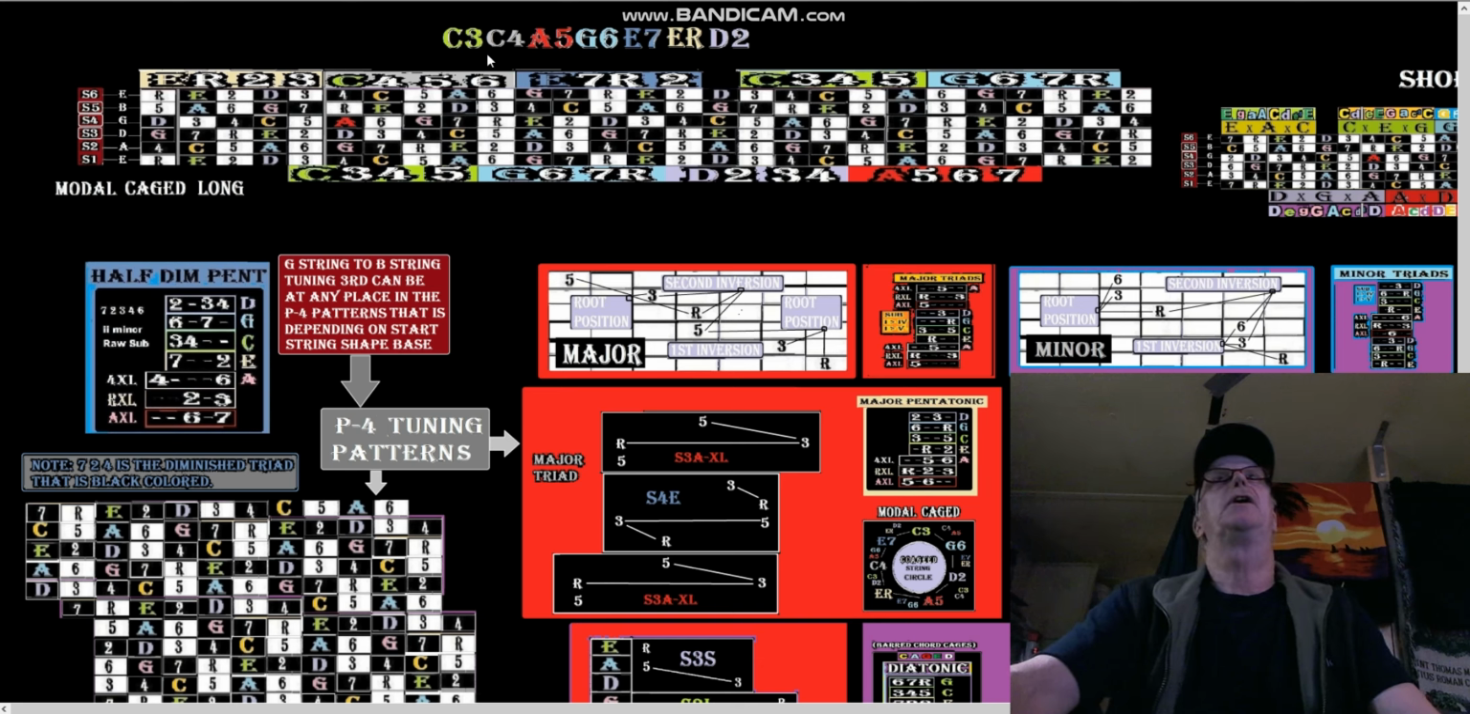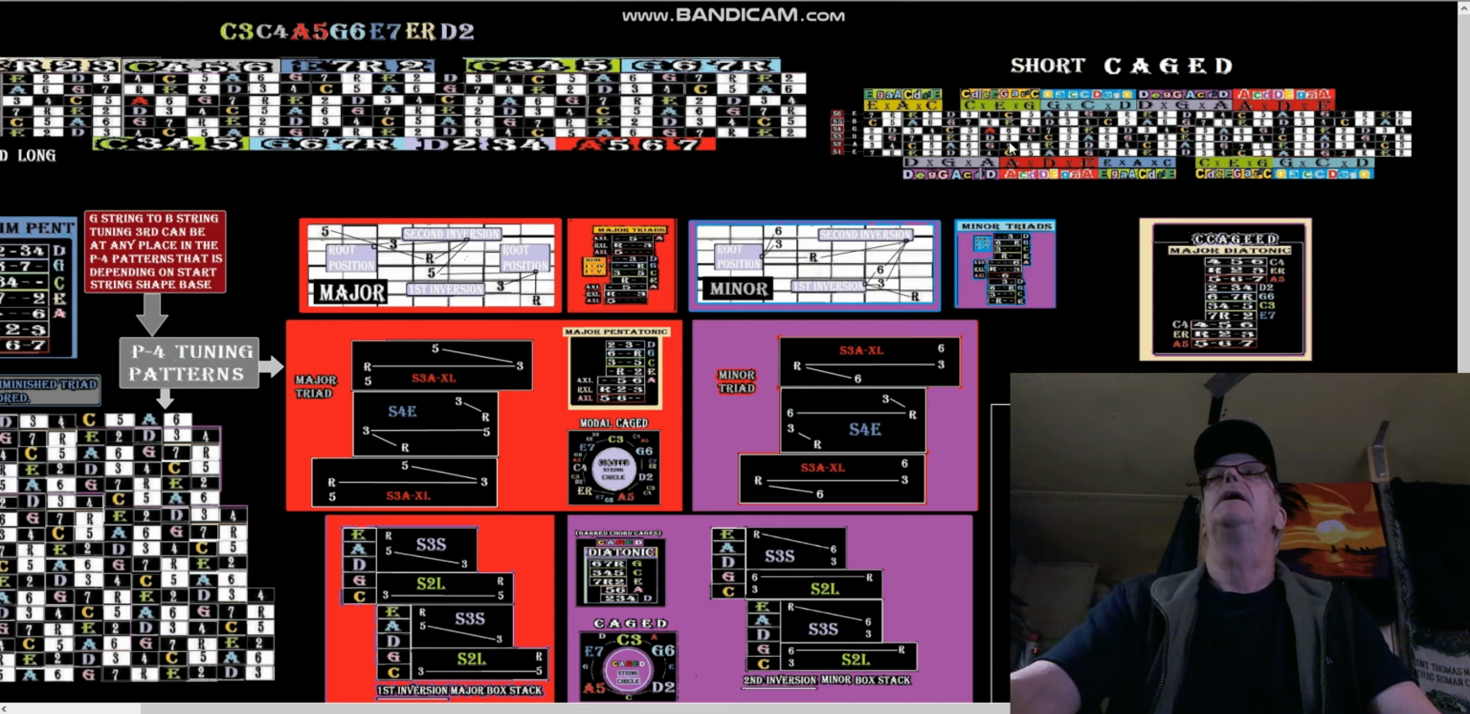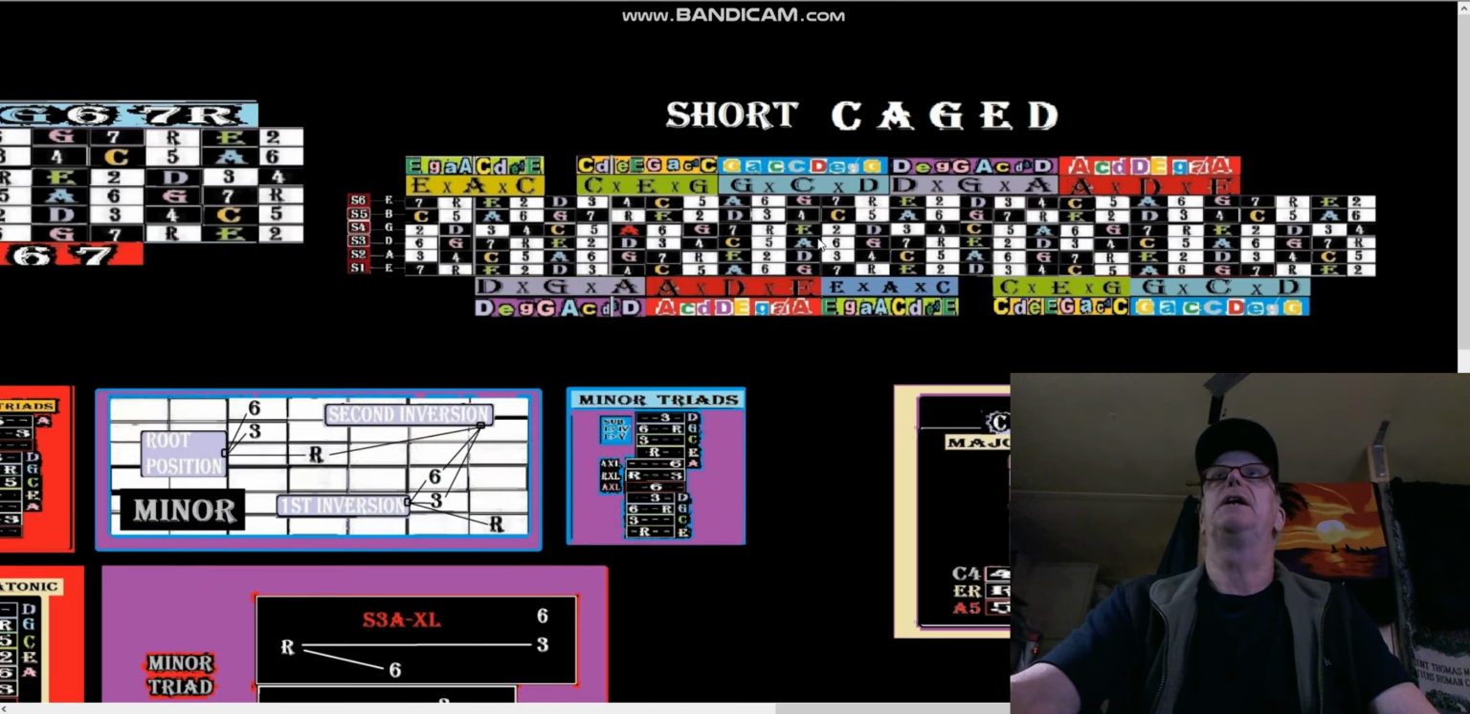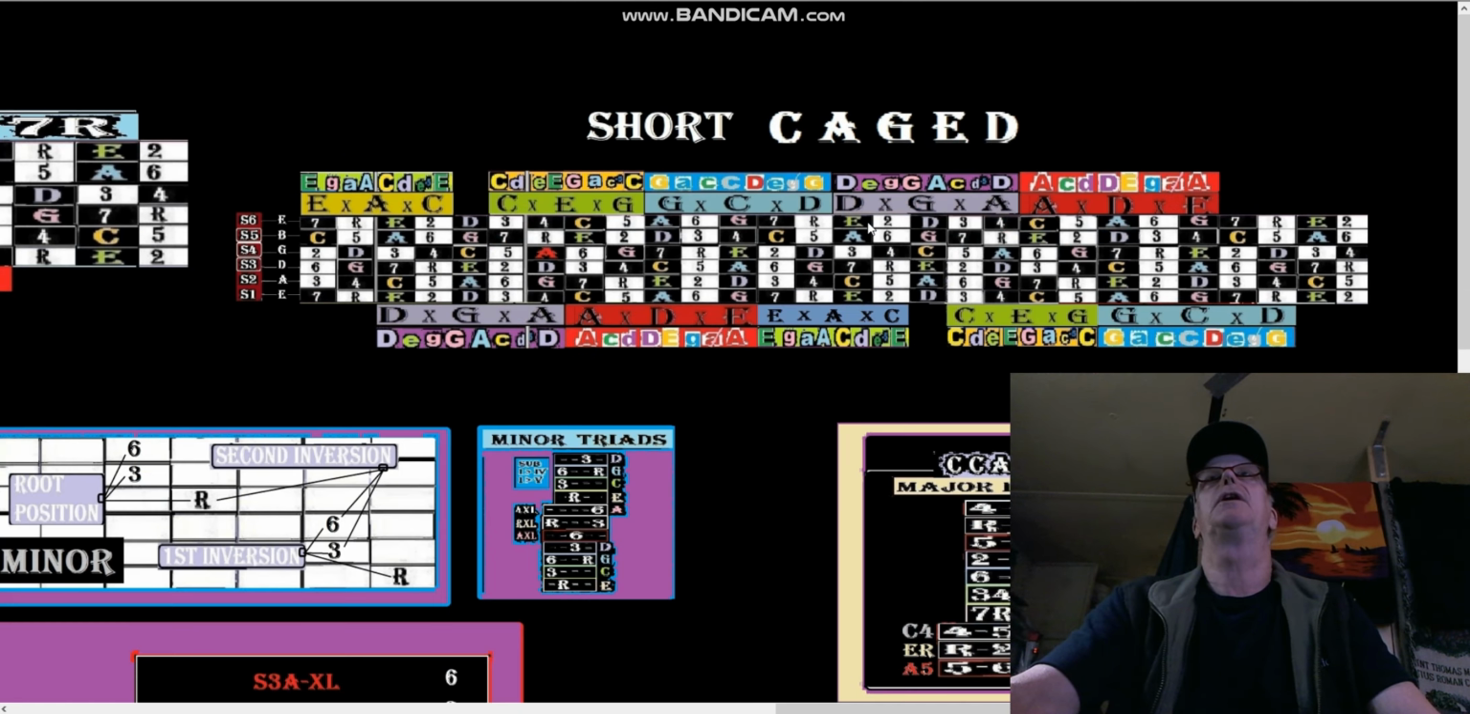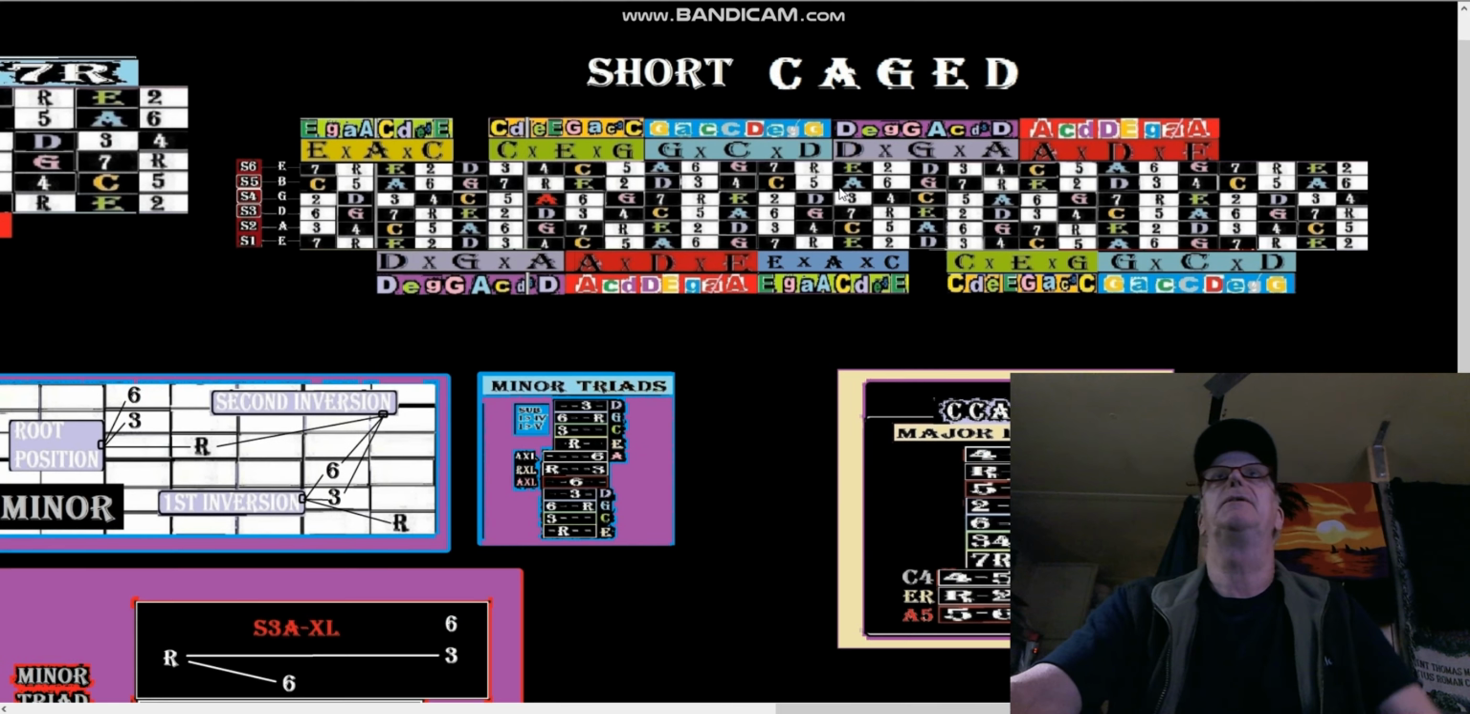So here's our C, A, G, E, D. These are the modal cages, and we're going to discuss them. And here's the regular cages. Now, this is the most recent chart I worked on, so I should be able to handle this. These are the regular tri-pentatonic cages. These are the modal